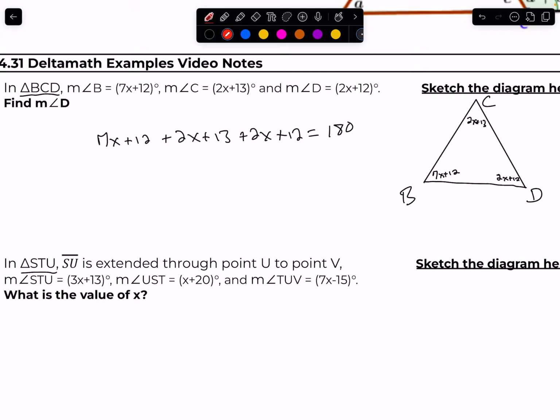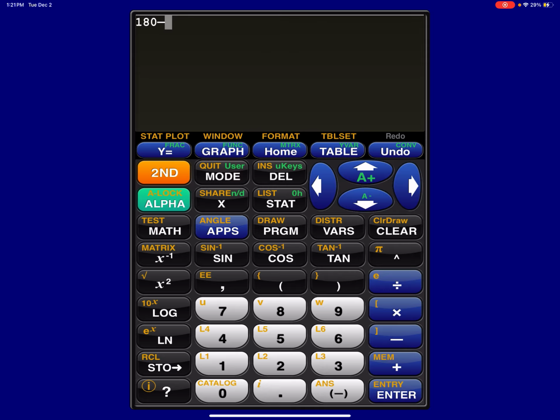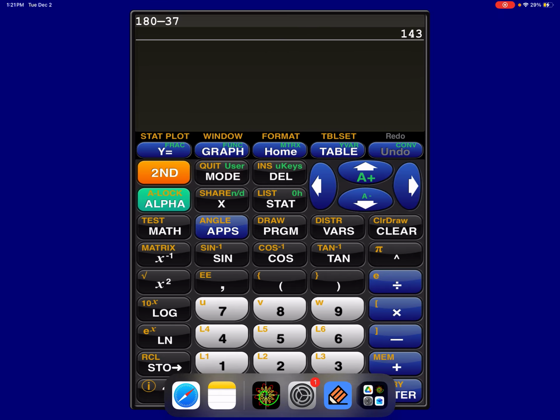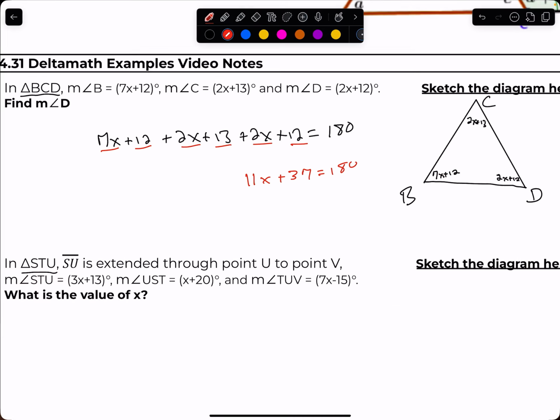Okay, so I'll start by combining like terms. 7x, 2x, and 2x is 11x. And then I've got 12 and 12 is 24, plus 13 is plus 37. And now I'm going to set this equal to 180, right? So I'll subtract 37 from both sides. And if you're not sure, use our calculator. So 180 minus 37 gives us a value of 143, right? So I've got 11x is equal to